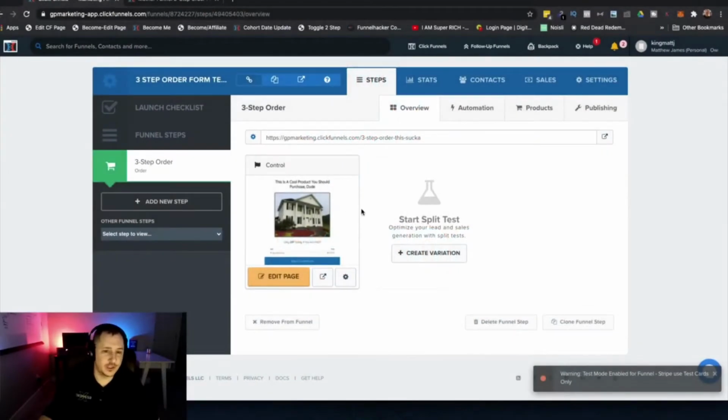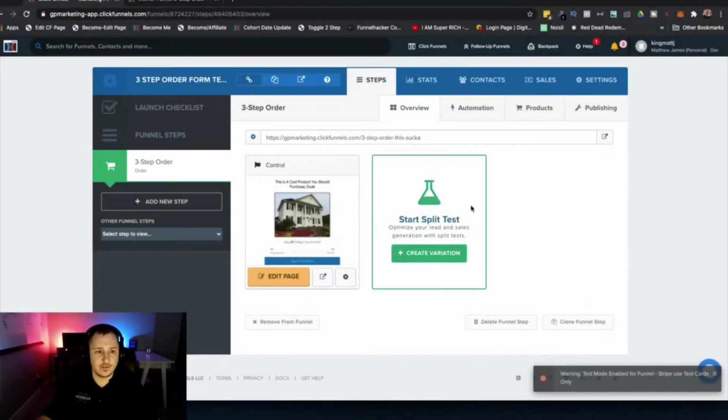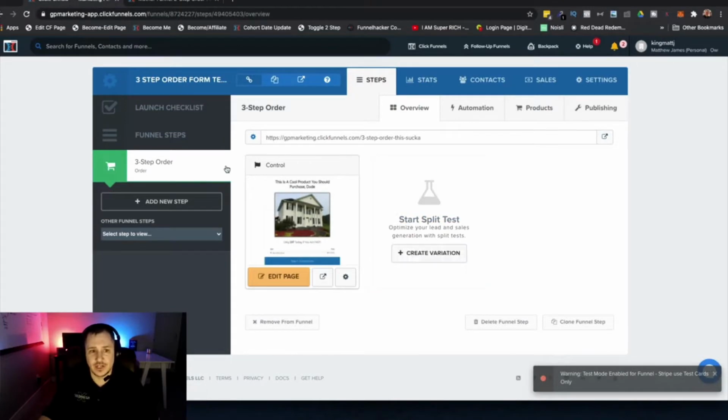And in this video, I'm going to show you guys how to configure this. The first thing you're going to want to do is make sure that you're using an order type page. So if you haven't already done so, make sure to add a new step, choose an order style page. You can choose a template and then just start from there, or you can start from scratch. Put a background on there, do all that fun stuff.